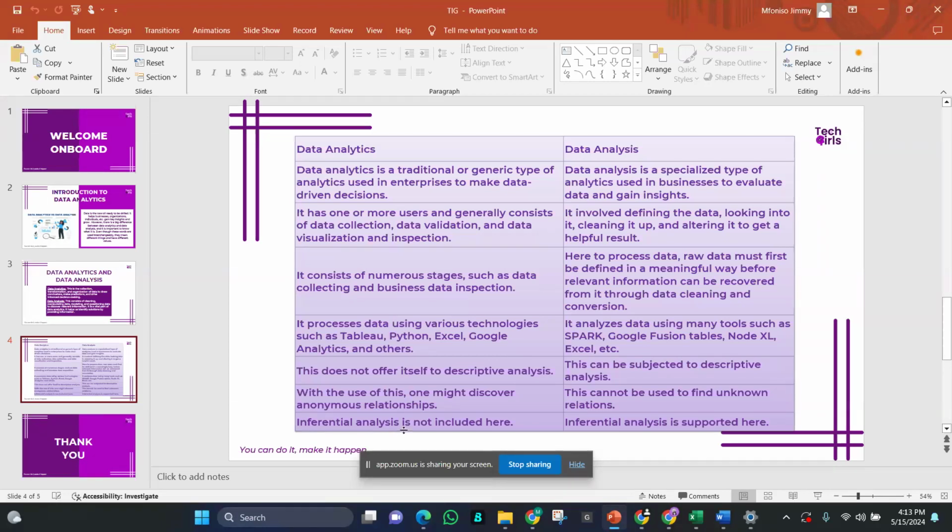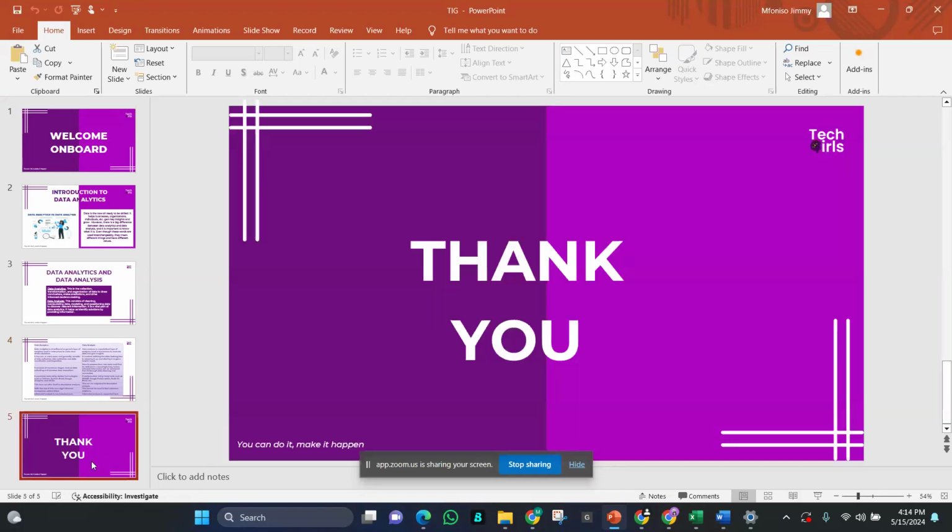Inferential analysis is the process of using data analysis to draw conclusions or make predictions about larger sample data. When you're doing inferential analysis, you need a larger amount of data, and it's mostly used in large companies and organizations. Okay. So with this little intro class, at least you have an idea when I'm talking about data analytics and data analysis. Once again, thank you for hopping on to this class, and I hope you have the best of it.